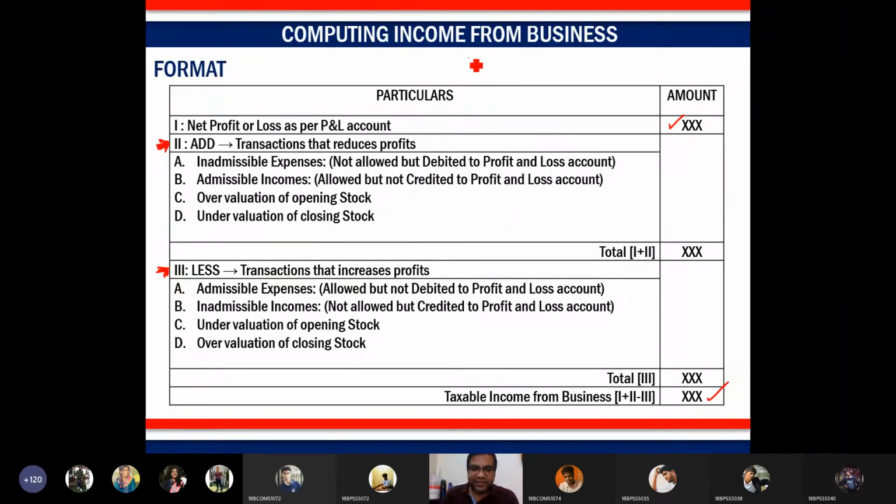Let me list it out. First, you have to understand what we mean by inadmissible incomes. Then what we mean by inadmissible